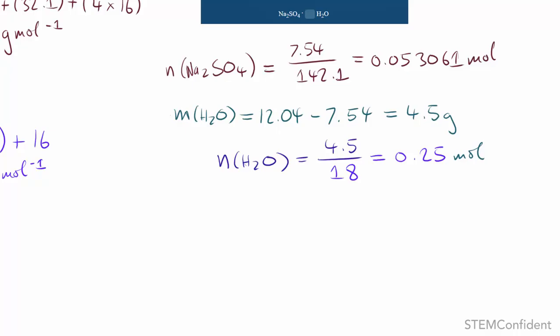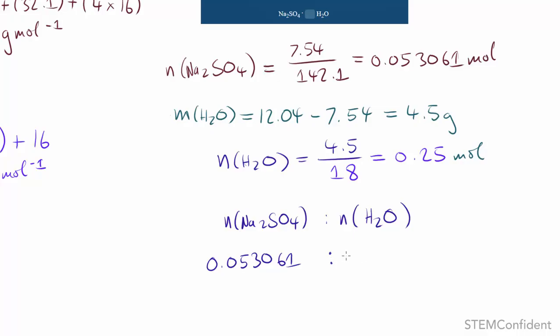So number of moles of Na₂SO₄, number of moles of H2O, right? And so on this side, we're going to have 0.053061, the ratio of 0.25. Okay,